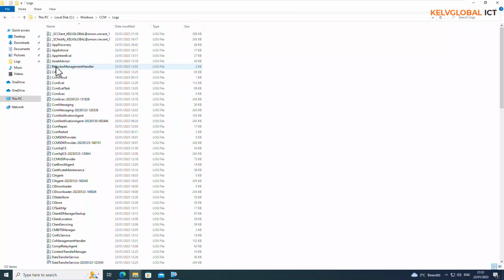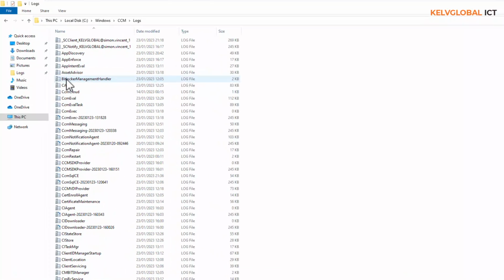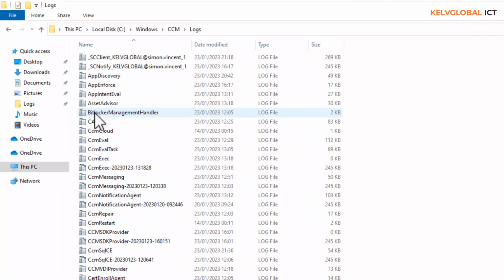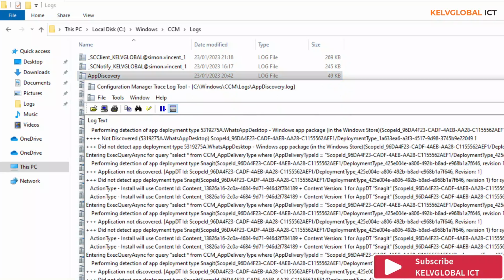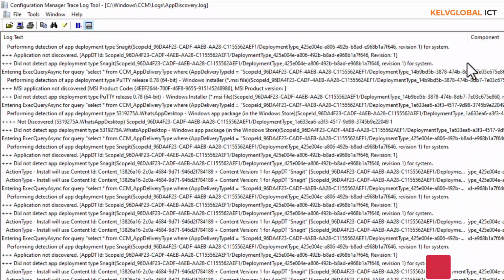Every download and installation is registered in the CCM folder log files. So for example, we have two important folders here. For one, we have the app discovery and app enforce. The app discovery will discover whether the file you are trying to download has been discovered or not. So if I try to open this file, here you're going to see